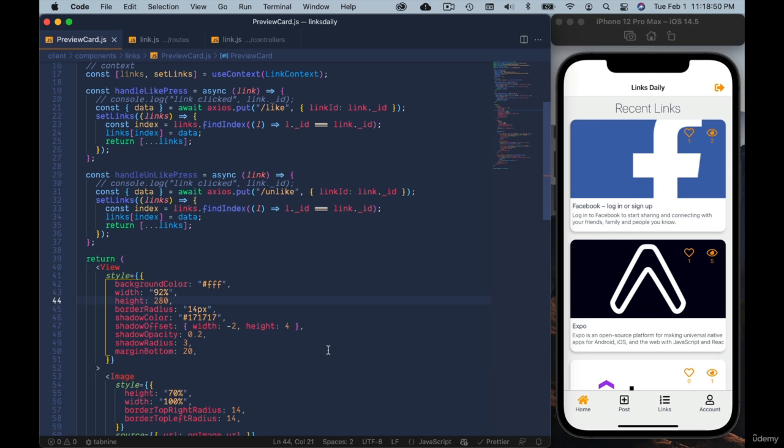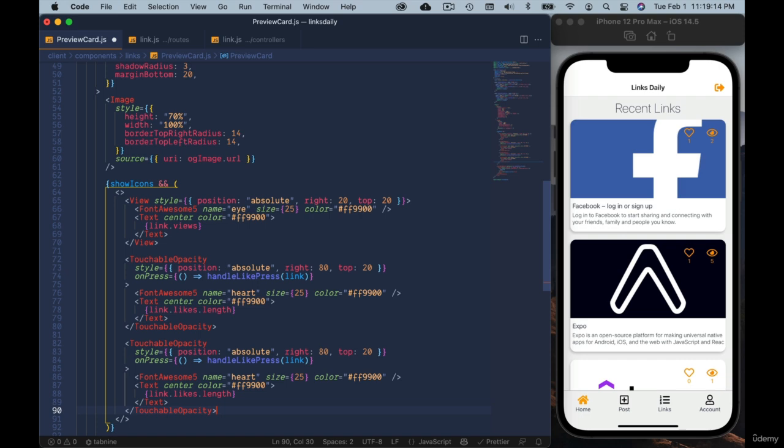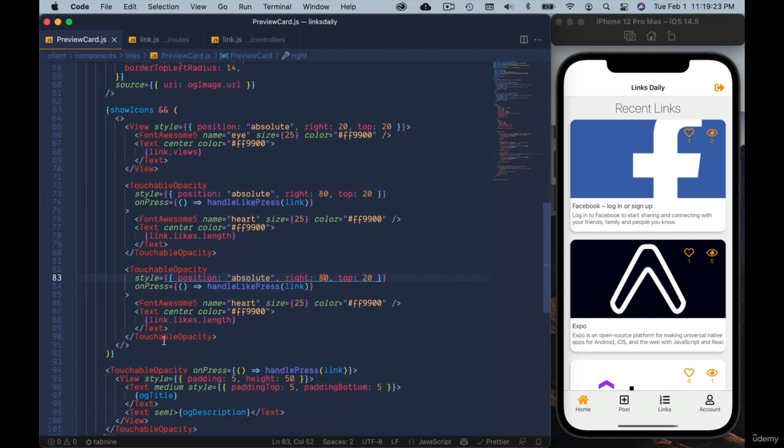Okay, so let's come down here. We want to show another icon once they like. So the heart, this is the heart here. Let me just copy this one and duplicate it here as well. I have to change this to, well, actually we don't have to change it, it's hidden behind, but what I'm going to do is just conditionally render. So the one will be heart, another will be,